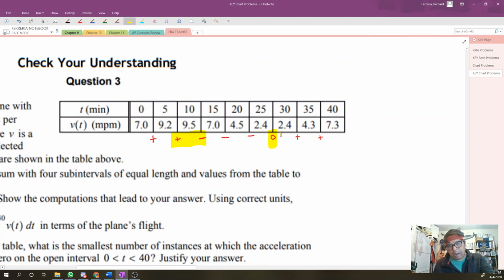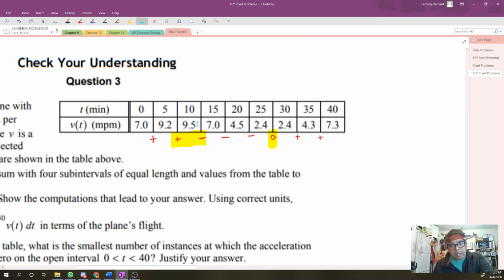But notice that I'm not going to highlight this entire section because I don't know what happens here. It looks like we've got 0 to increase. Technically, that's not a change from positive to negative. It's got to be a change from positive to negative to signal a relative extrema. So this looks like two places, and the only thing where you might have trouble is figuring out that first